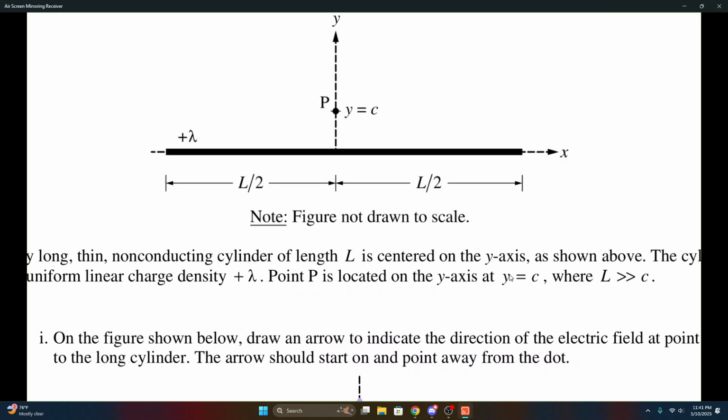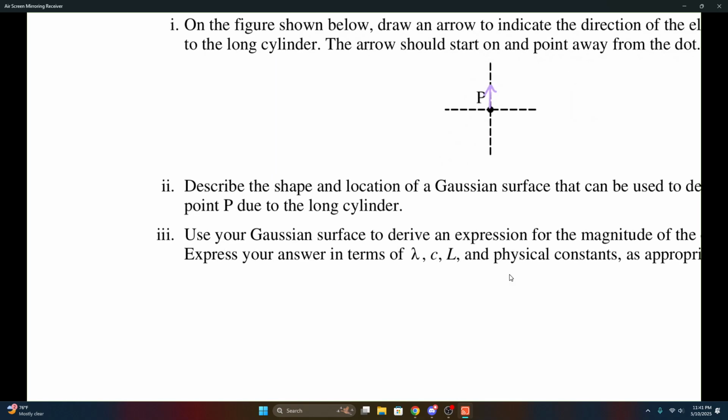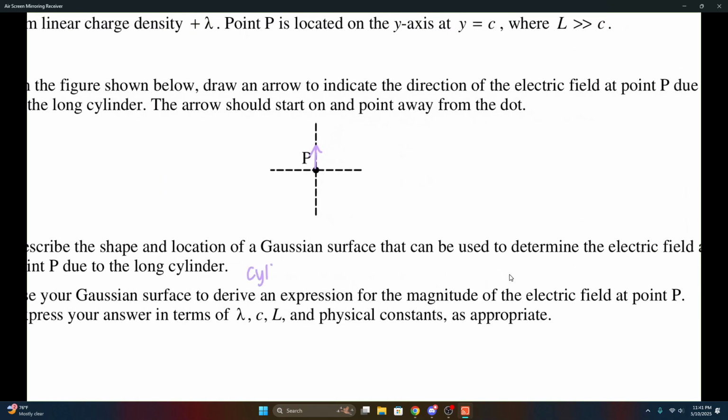So for a Gaussian surface, we want the electric field to be parallel to the area vector of that surface at all points. Does that look 3D? So we want a cylinder like this that encloses point P. Perfect. And then that's our Gaussian cylinder